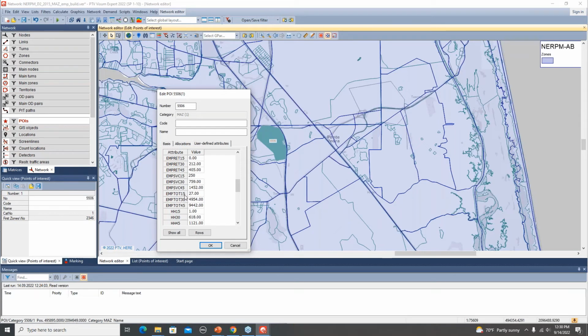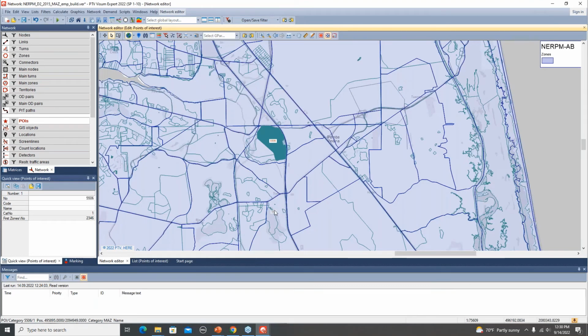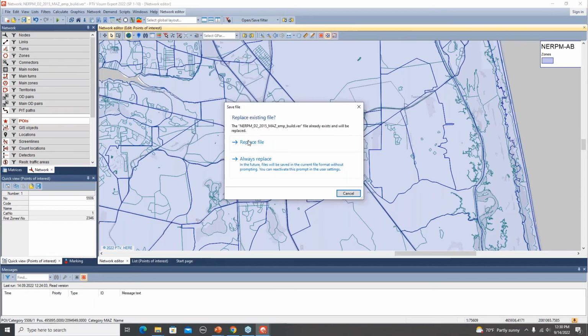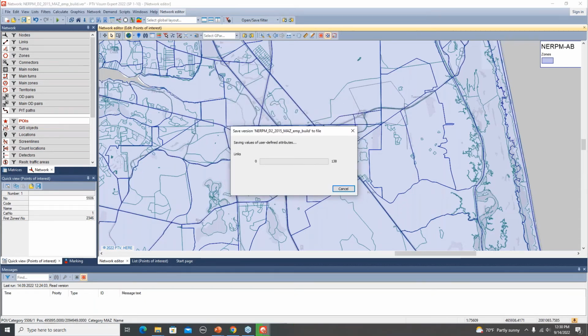And then the total was 27. That means some other employment was there in that MAZ. So this becomes 277. Then you can say okay, and that is it. After this, you can save the version file,